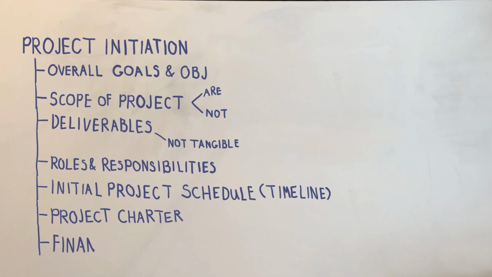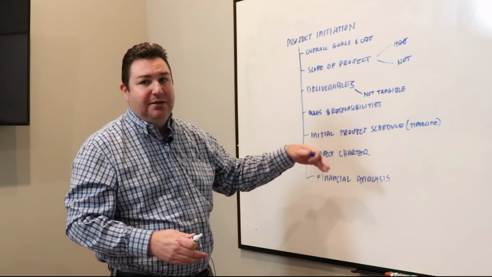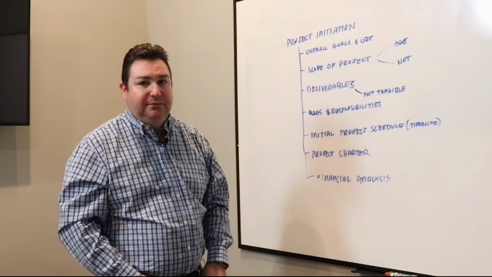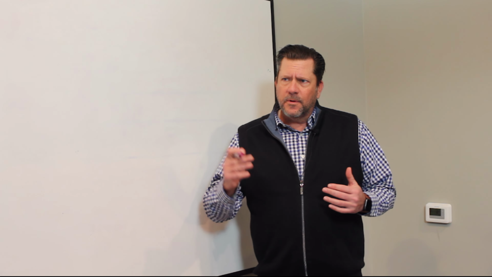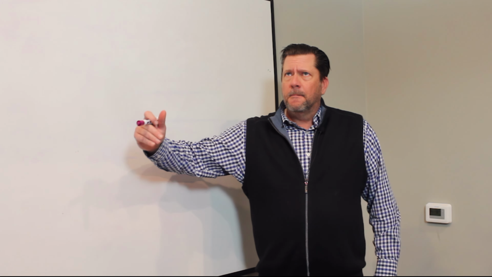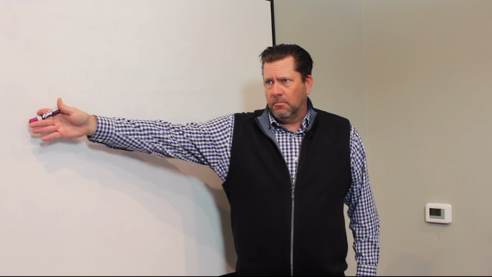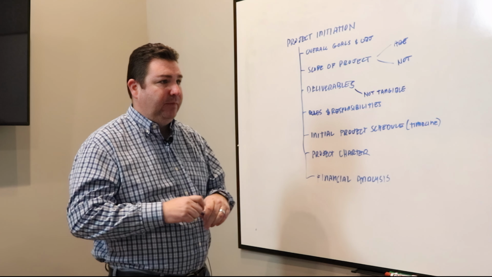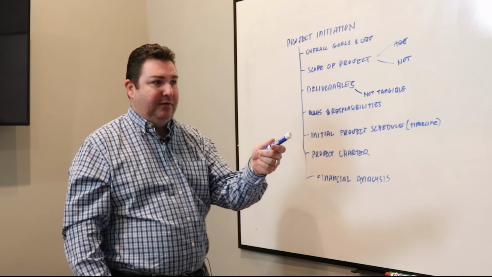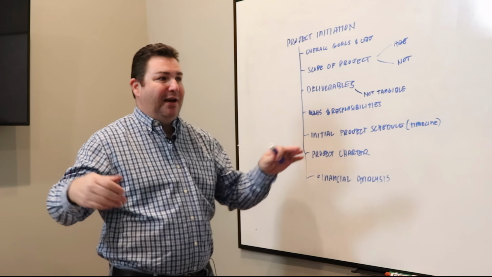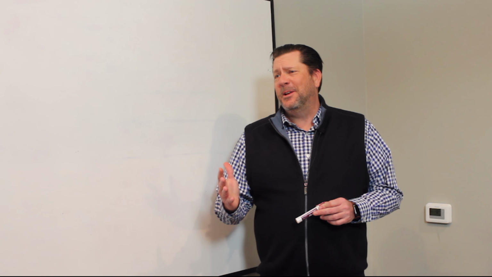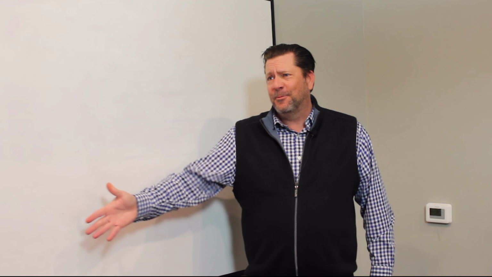So the last piece of the project initiation component is a financial analysis, so that everybody that's involved in the project understands what it looks like from a financial perspective. And is that analogous to what goes into the initial scope of work for the financial analysis as part of the proposal, or is this more addressing the underlying cost to execute this plan? It could be both. In most cases, it's inclusive of the first item, which is the proposal that was signed that started this. Well, that's important too, to make sure that what you deliver is delivered within what you quoted.